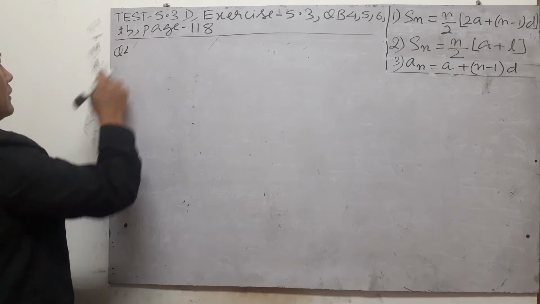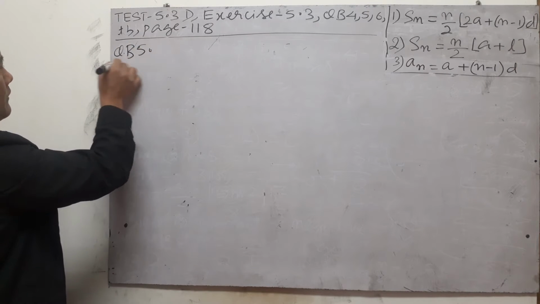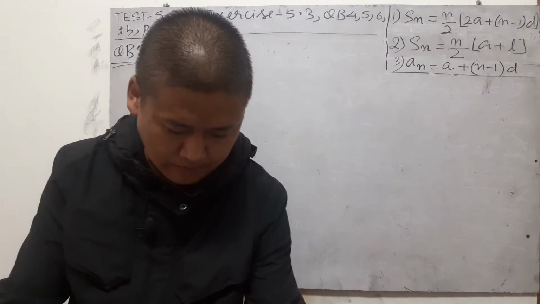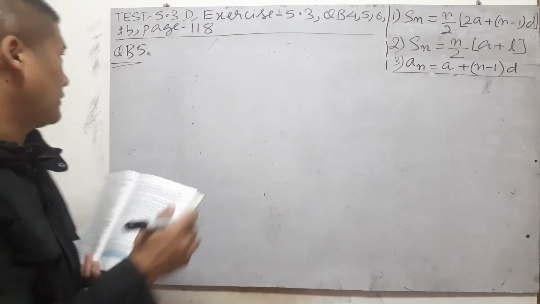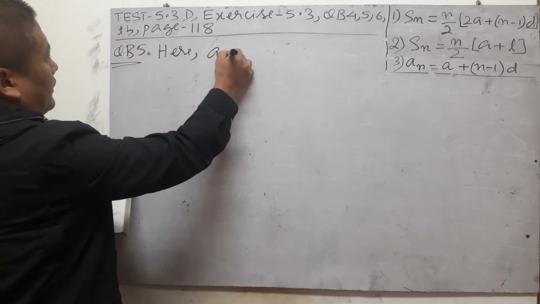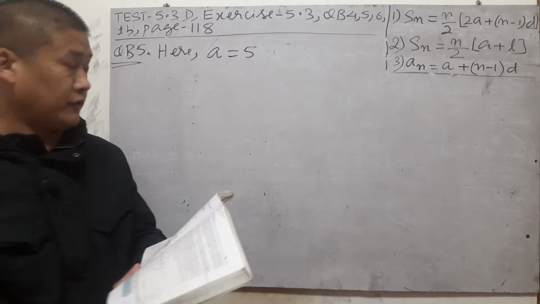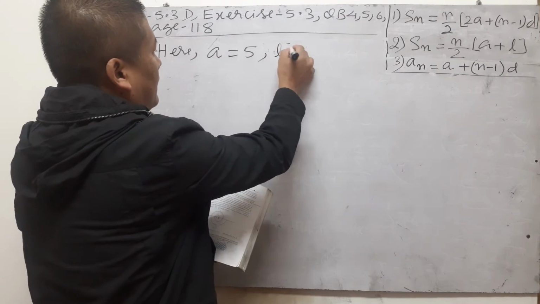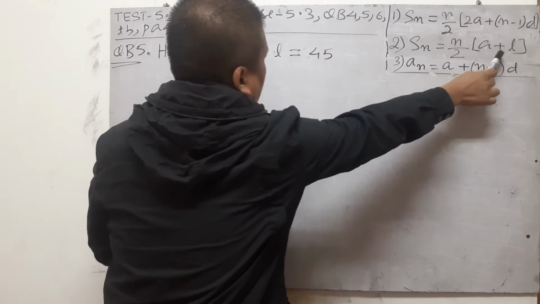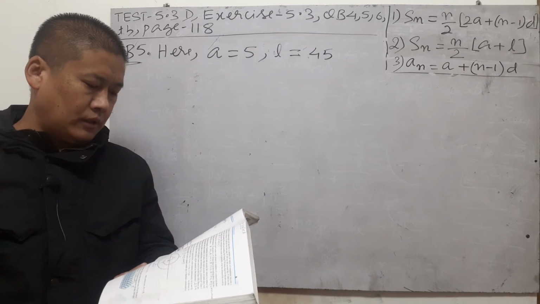Question B5. So let me read the question for us. The first term of an AP is 5, so we can start writing. Here, the first term is denoted by a, so a is 5. The last term is 45, so l, where l denotes the last term, is 45. First and last. And the sum is